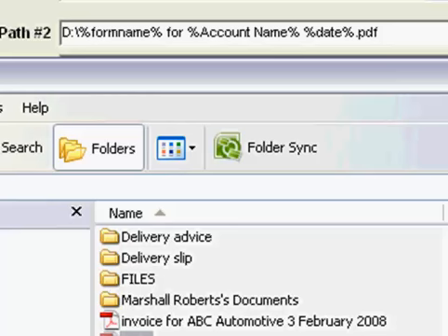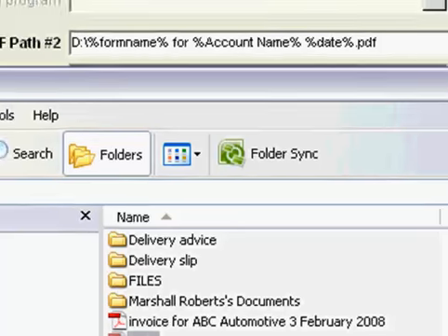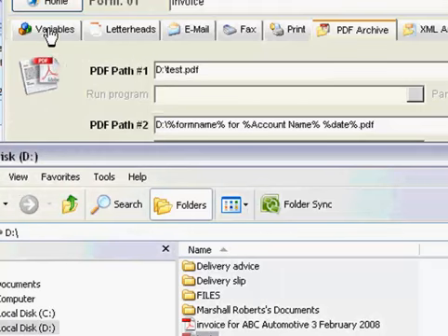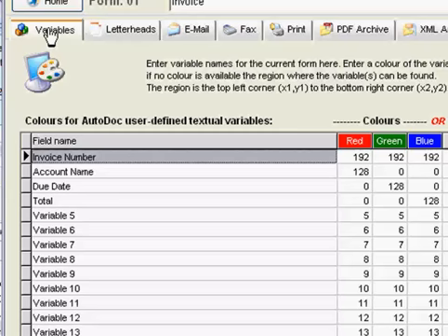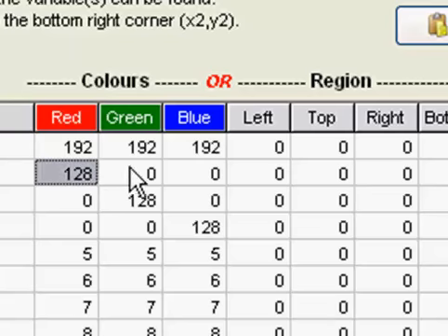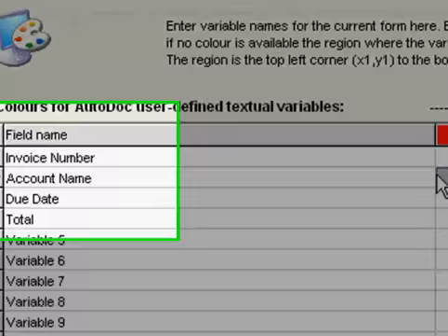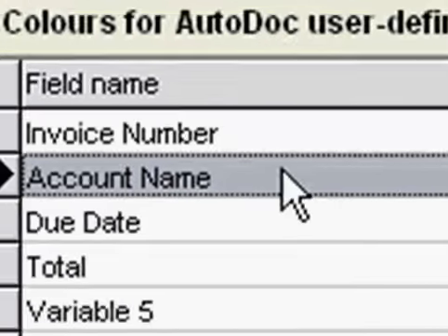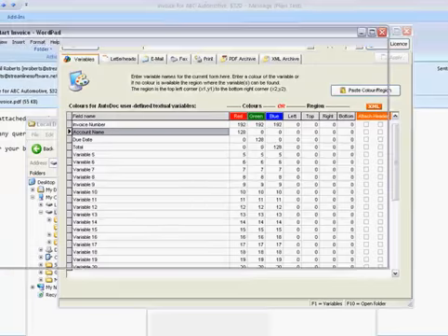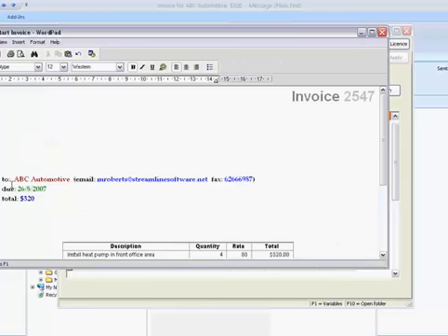Now the reason AutoDoc HSE knows that the account name is ABC Automotive is because over here in the Variables tab we've pre-configured AutoDoc HSE to look for any text with an RGB value of 128, 0 and 0 and to store that text as account name. And if we go back to our invoice, we'll see that ABC Automotive here is written with this brownish maroon colour, which is actually RGB 128, 0 and 0. So AutoDoc HSE has recognised and stored this text, and that's how it's come to be used dynamically to create